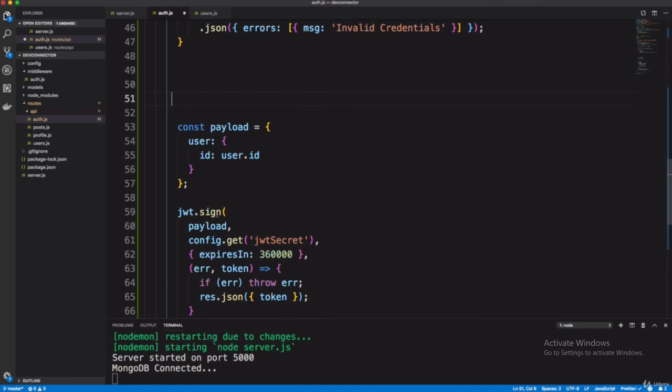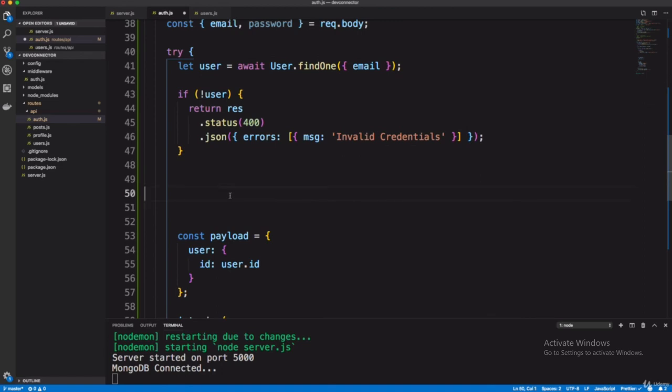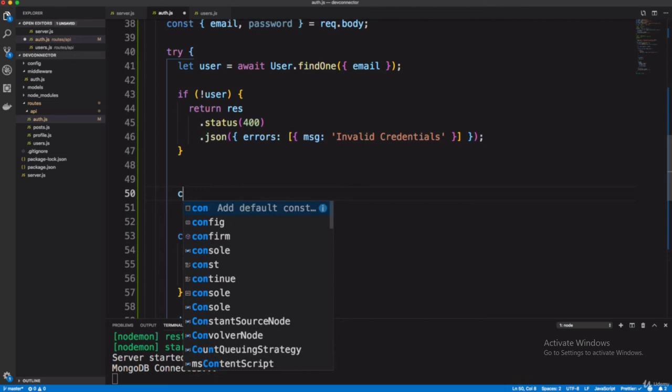And you have to write some code here. For the payload we have to compare the password, right? So let's create a constant isMatch.